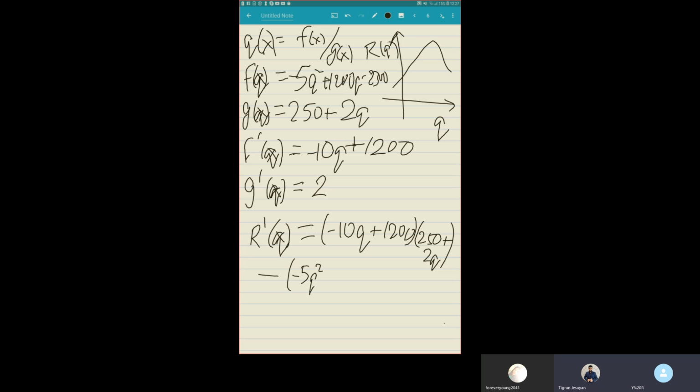Or if it is very confusing, what you can do is just put it in brackets like this, and keep the brackets. So before the minus, I put everything in between brackets, and after it, I put everything in between brackets, which gives me minus 10q to the power 2 plus